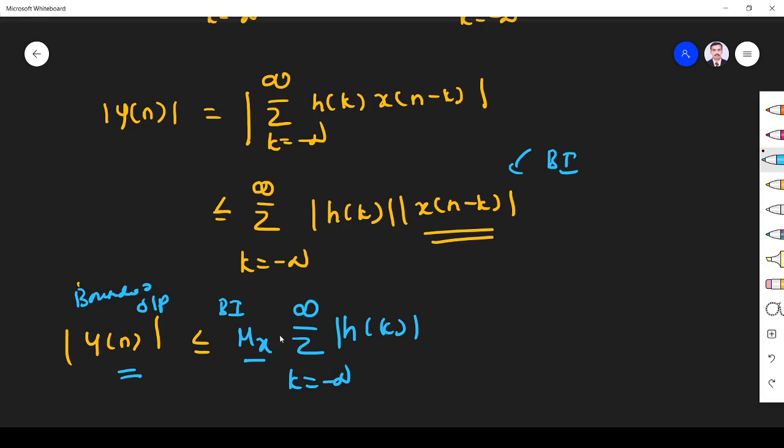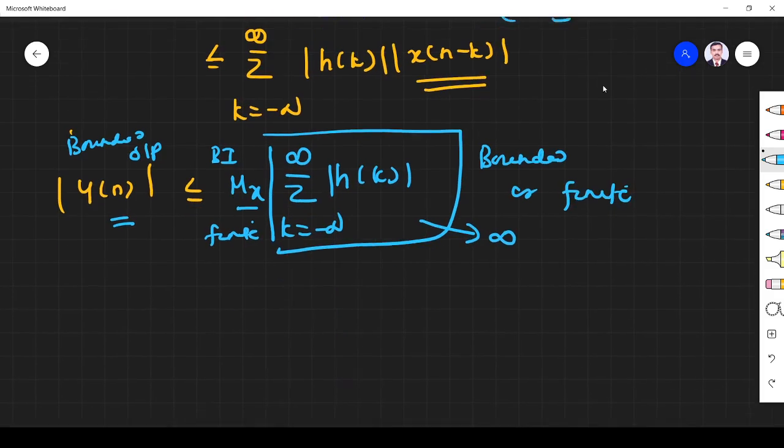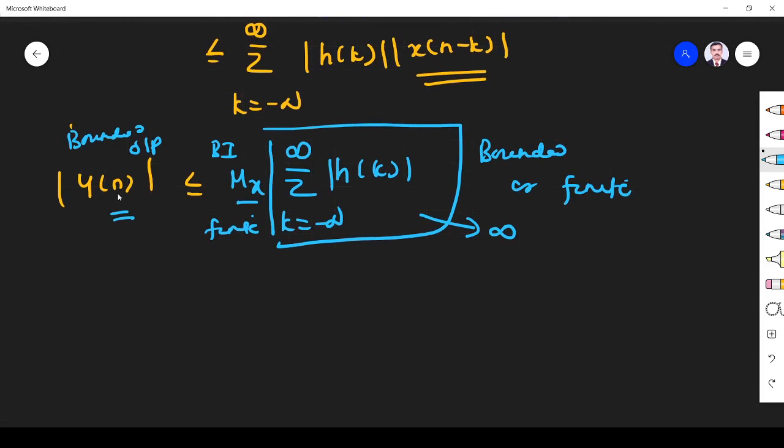When will this be finite? Only when this is bounded or finite. Only when this finite value gets multiplied by another finite value can y of n be less than or equal to a finite value. If this is infinity, what will happen? The value will become infinity, so the output will not be bounded. So for a system to be bounded, the output y of n must be bounded, which means the system is stable. For an LTI discrete time system to be stable,